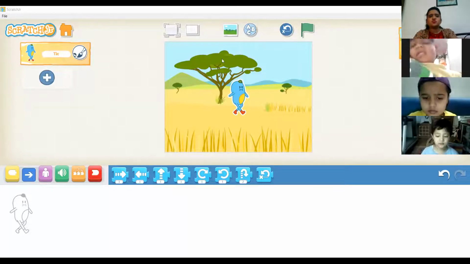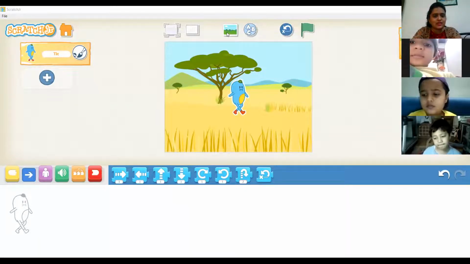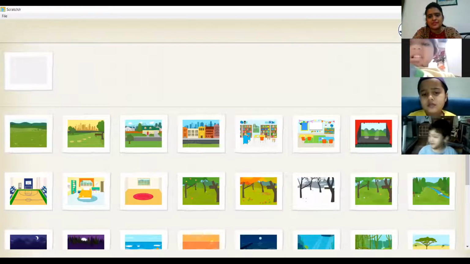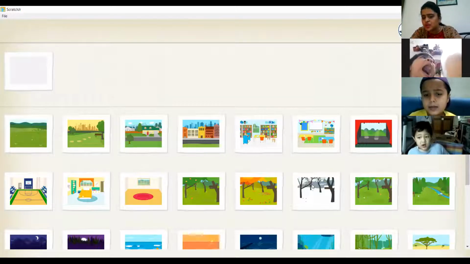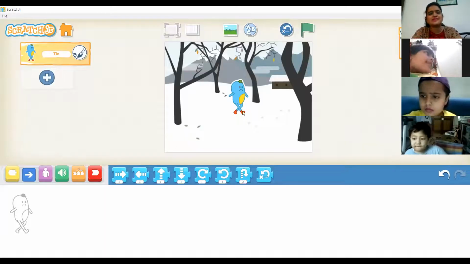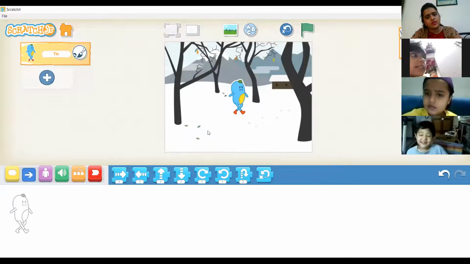Fine. So I have chosen this background. Once again, I'll tell you how to choose the background. Just click on this scenery on the top. When you click on this scenery, you will come up with these many different backgrounds. You can choose any of these. All right, fine. Suppose I want to take this one. I'll click here and then click on the right button, which is on the top right corner. इसको select करके जो भी आपको background चाहिए वो आप select करेंगे पहले, okay, and then click on the right button, so it is selected. Fine, you have understood? So we have got this background.